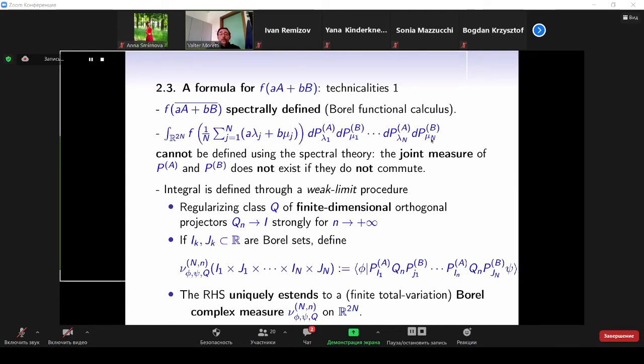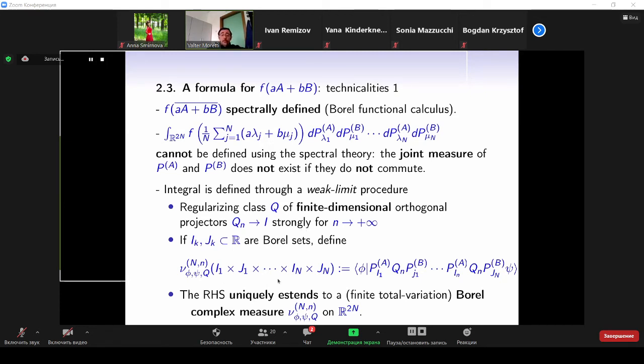of this measure, which is quite similar to the construction of the Feynman integral. The idea is to define this operator using a weak topology. So we first try to define not this operator, but a quadratic form related to this operator. We must use a regularization, I mean a class of finite dimensional orthogonal projectors tending to the identity operator strongly. And this is the reason why the space must be